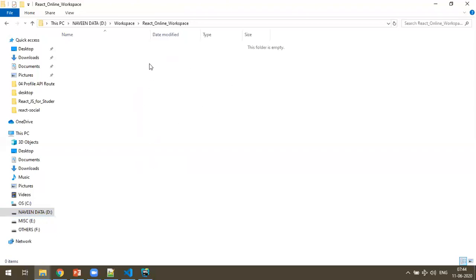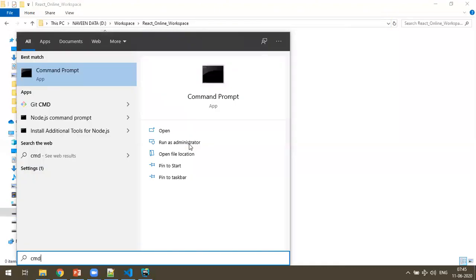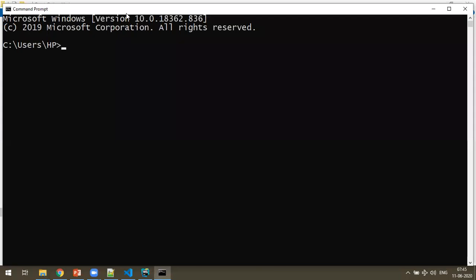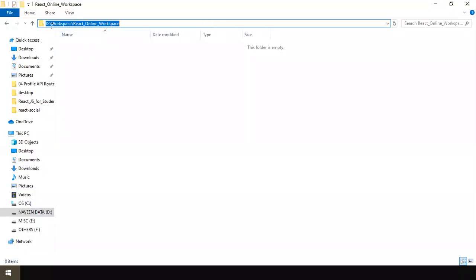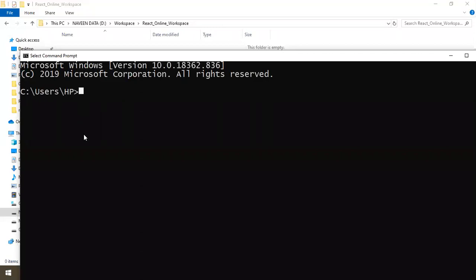You need to go to this folder in the command line and enter this command. To do that, copy the address of the empty folder you have created with Control C, and open a command line. When I open a command line, by default it is the C drive, but I created my workspace in the D drive. So I switch to the D drive by typing D colon and pressing enter.